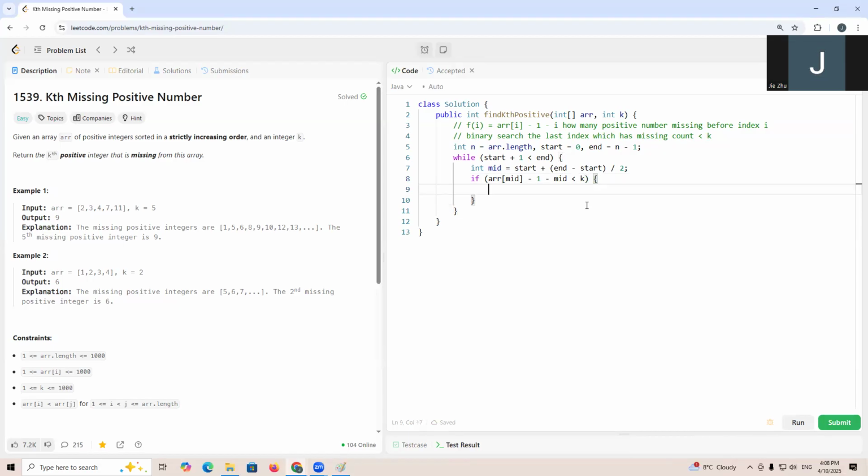So that means we still need to search, because we want to find the last index which is smaller or equal to k, right? So we still need to search on the right end. We have start equals mid. Otherwise, we have end equals mid, right? So when jumping out of this while loop,